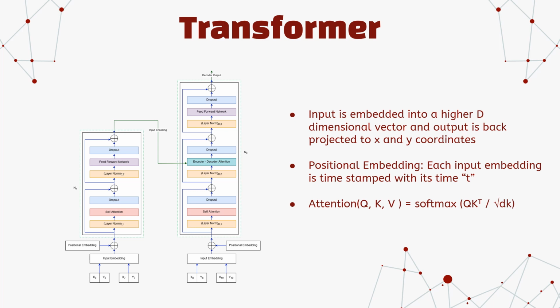The positional encoding is used to provide the network with information about the order of the input sequence, allowing it to distinguish between different time steps. In addition, a multi-head attention mechanism can be used to attend to different parts of the input sequence simultaneously. This allows the network to capture both short-term and long-term dependencies between the past locations of the object. The loss function used for training can be based on the difference between the predicted future trajectory and the ground